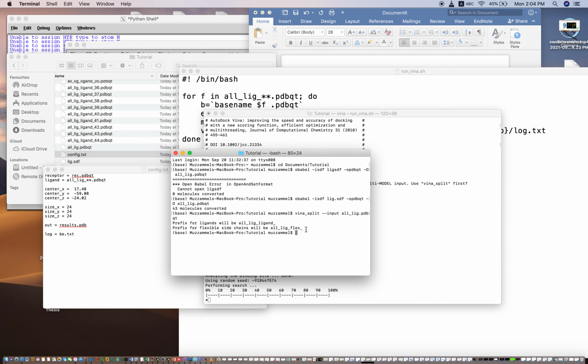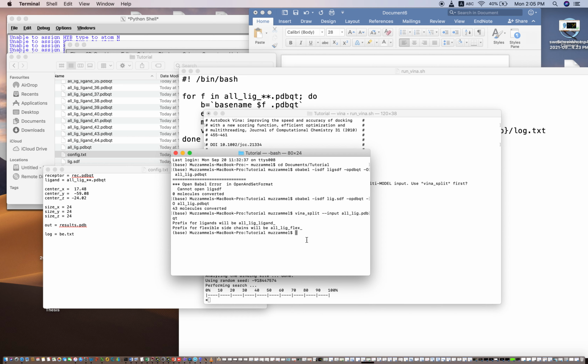OpenBabel can be used through a GUI as well, but I prefer to use it through the command line. If you don't have OpenBabel, you will have to download or install it. Then you can work through the command line as well.